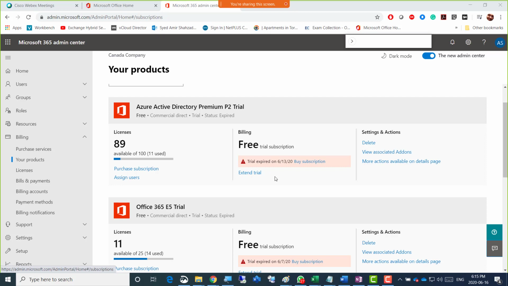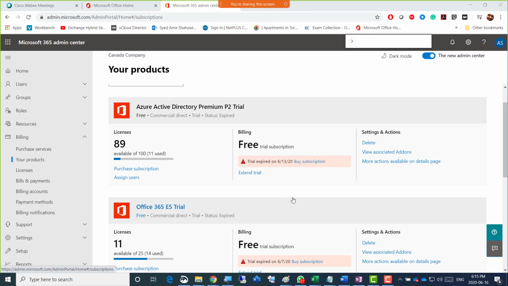Nazmul says, creating a new fresh account requires additional tasks for me to sync with on-premises. Yeah, Nazmul, the tasks for synchronization are not really required, but if you synchronize, we can also create some accounts directly here. 10 accounts, 20 accounts, we can create directly here and keep going with the new trial version. But guys, were you able to remove the domain?